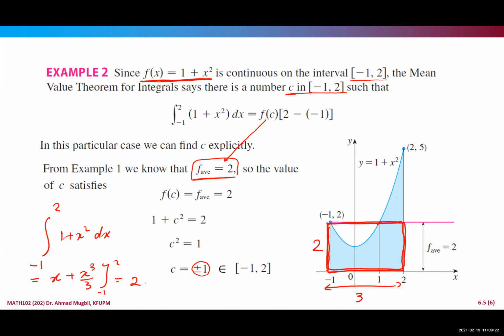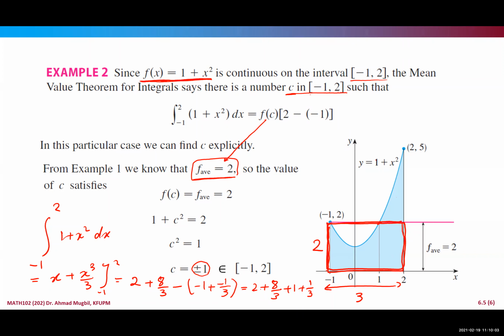It will be 2 plus 8 over 3 minus, it will be minus 1, it will be plus 1, and this will be also minus 1 over 3. I did it quickly here, Shabab, because I think it is clear. We did it here in the previous example. Avoid any mistake here by doing this minus and open bracket. So you will have -1 plus -1 over 3. This will be equals to 2 plus 8 over 3 plus 1 plus 1 over 3.